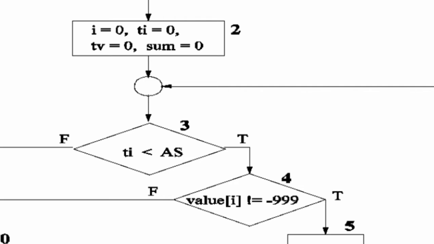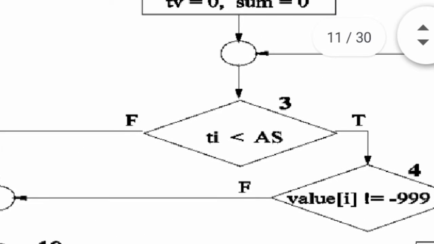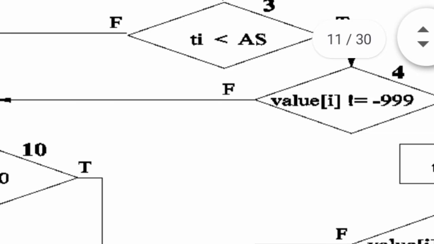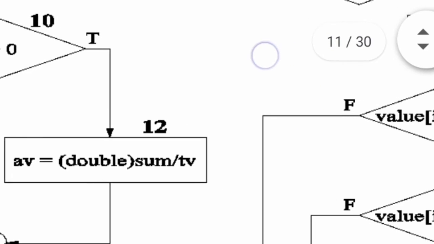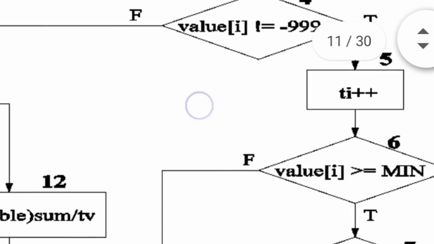For this second example, average computation, we are drawing this control flow graph. This is the initial values and the variable declarations. The second statement is the assignment statement. The third statement is the conditional statement. This is the true or false. If false, what happens? If true, what happens?